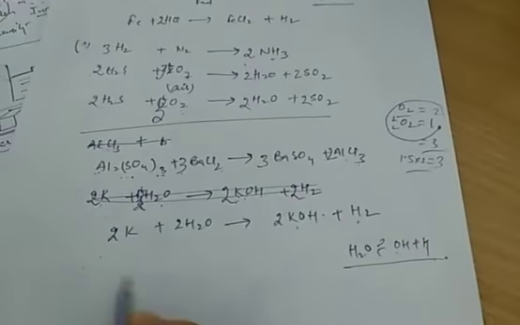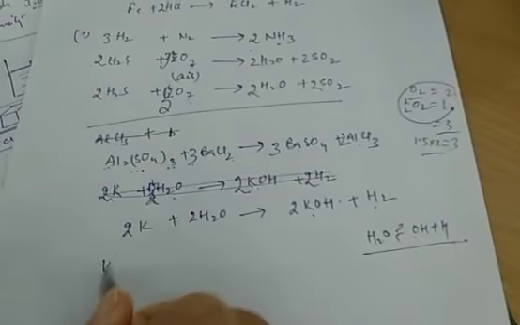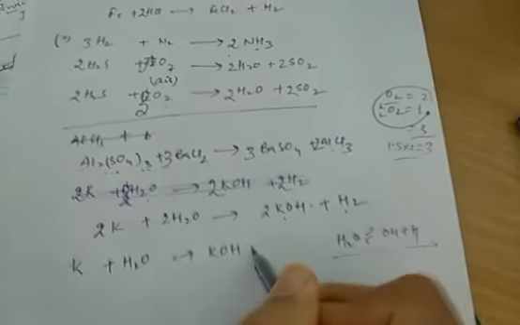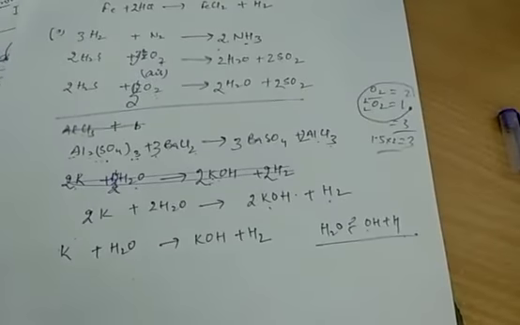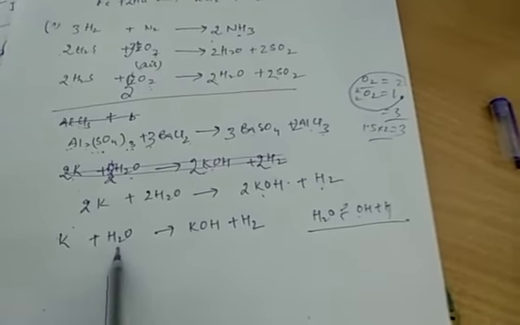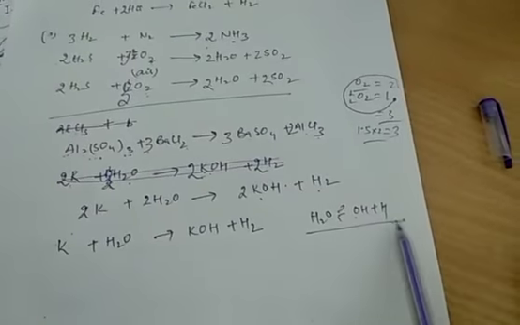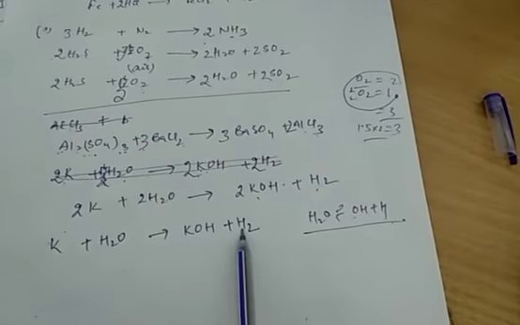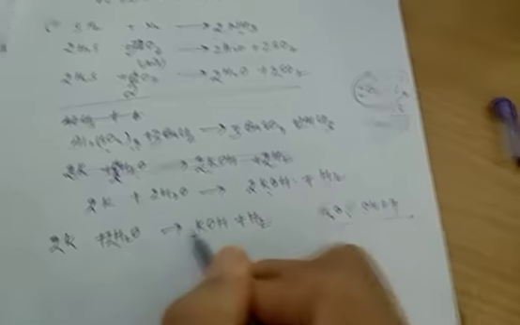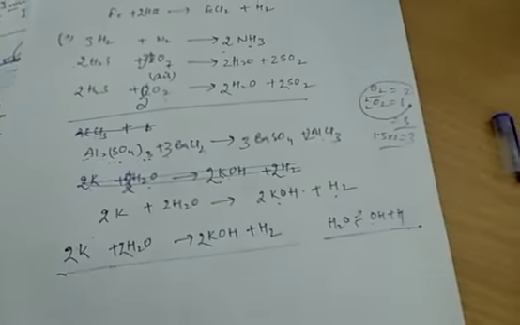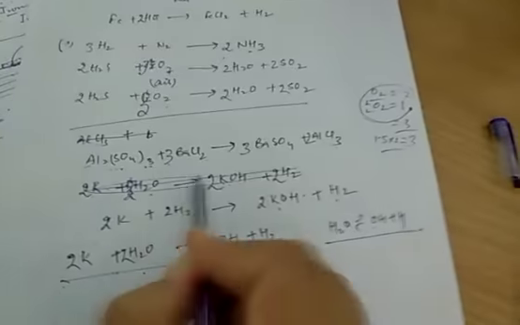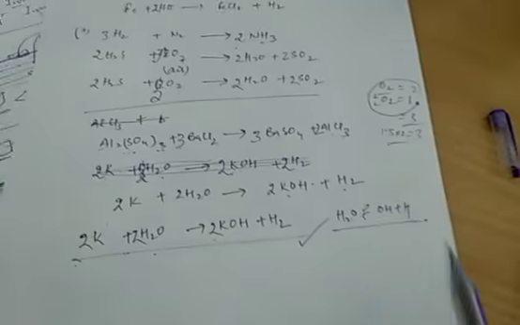Listen again, slightly more difficult than the others. K plus H2O, KOH plus H2. This is your skeletal equation. Remember, this is the hit and trial method, तो इसमें थोड़ा सा दिक्कत आपको कभी कभी हो सकती है. H2O gives 1 OH and 1 H. You want 2 hydrogen, so all the reactants should be multiplied by 2. Right? Now you get the balanced equation. 2K plus 2H2O changes into 2KOH plus H2. Right? So this is the balanced equation. Thank you.